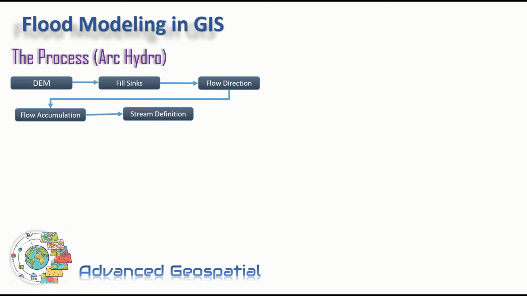After flow accumulation, now we can define the streams. Based on this flow direction and flow accumulation, software can define the stream definitions. And the other step, then we create the stream segmentations. It's based on the catchment areas, how many cells are draining in, and once we have created the stream segmentation, we can also create the stream orders. I will explain in the video what the stream orders are.